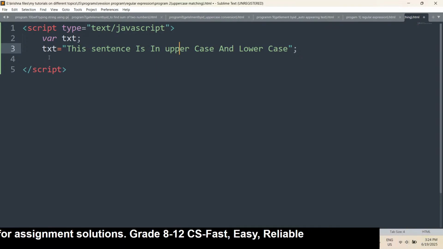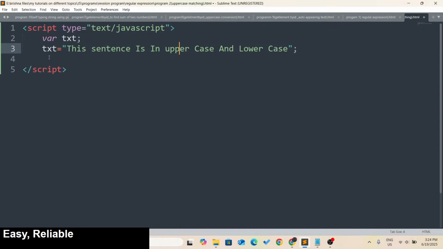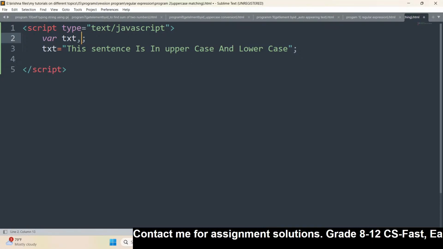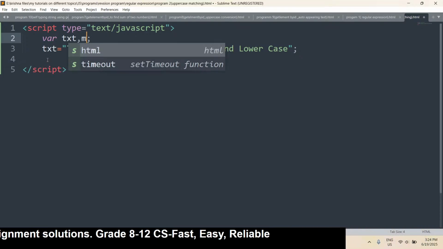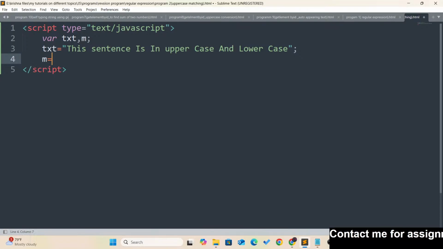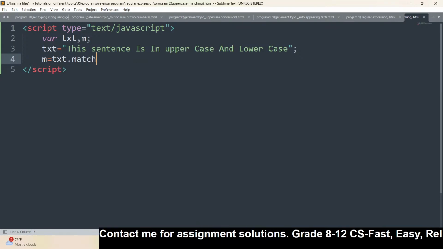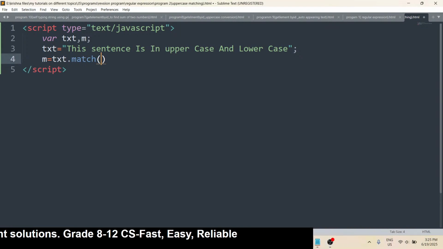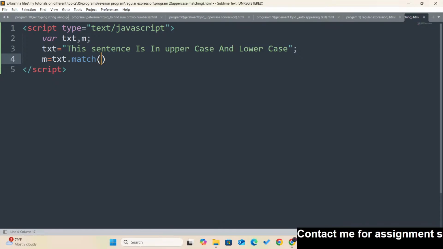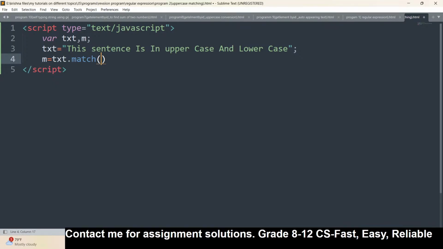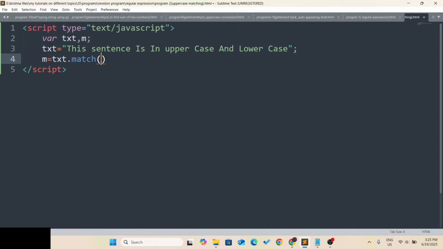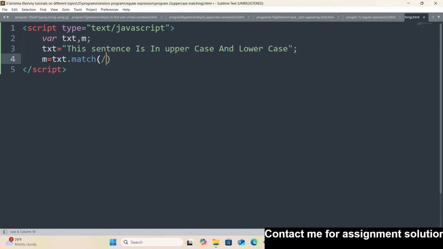Now let's cover the matching. A matching looks like this. The same method we have to use here. Let's take another variable here. I am taking m. Okay, now m equals, so match. So what do we want to match here? What we want to match, we have to put inside the parentheses and inside the slashes. Here we are going to match some upper letters, am I right? So slash,